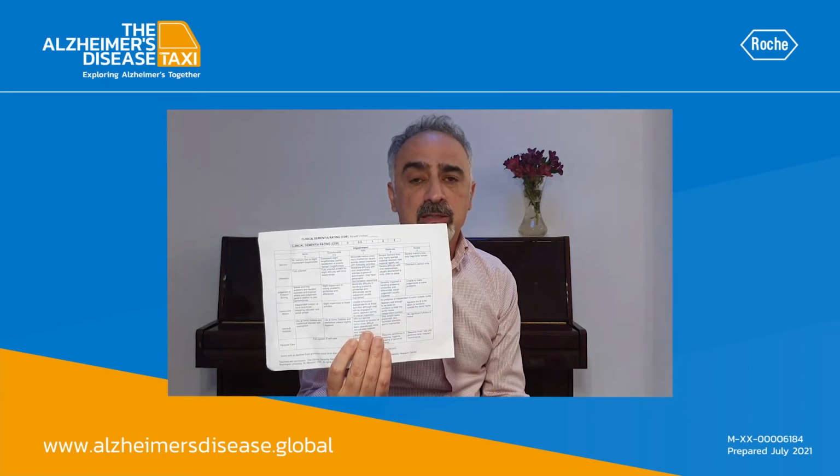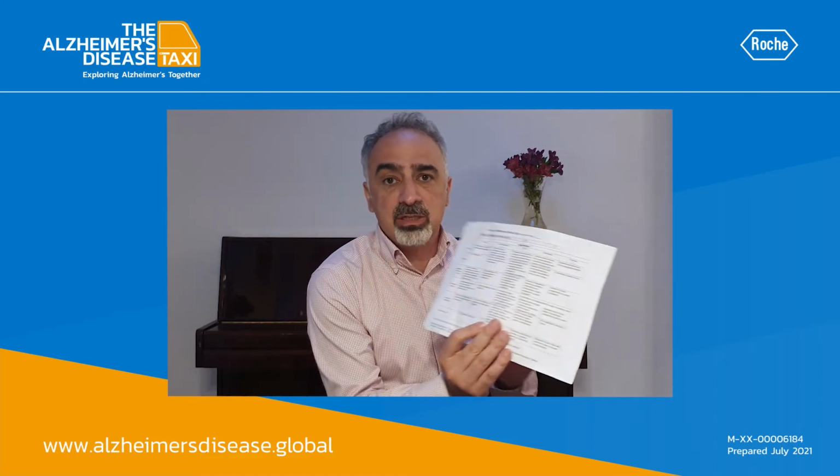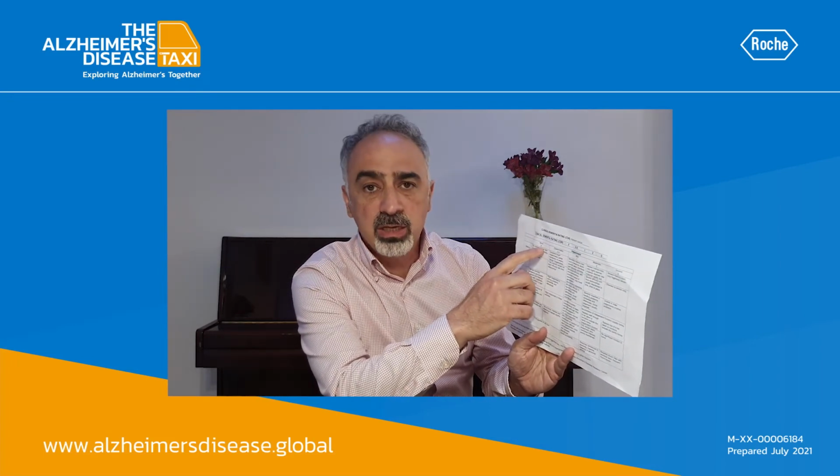Also, as a screening objective, when a person wants to get into a trial, they usually want the person to have MCI or mild Alzheimer's. So we use the CDR, which is the Clinical Dementia Rating Scale. On this one, the score goes from 0 to 3, and it covers 6 different domains, which are memory, orientation, judgment and problem solving, community affairs, home and hobbies, and personal care. This information is collected from the informant and also through an interview of the subject.